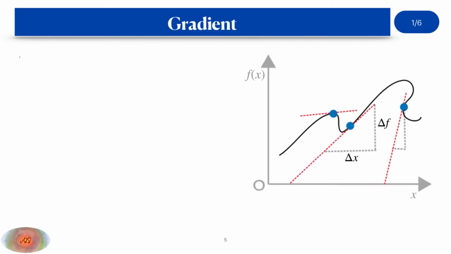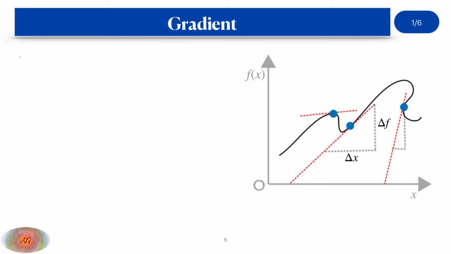Now let's discuss the gradient. What is gradient? Gradient is nothing but the derivative in 3 dimensions. Therefore, let's first discuss the derivative in 1 dimension. Here, as you can see, a function f(x) is plotted along the y direction where the independent variable x is plotted along the x direction, and this function f(x) is describing an arbitrary path over here.